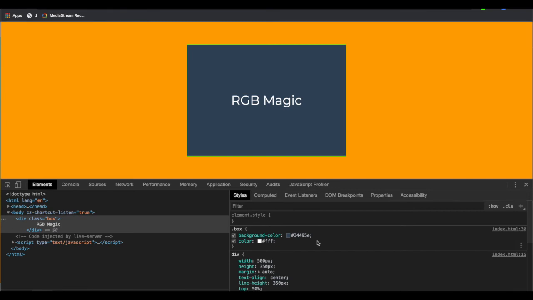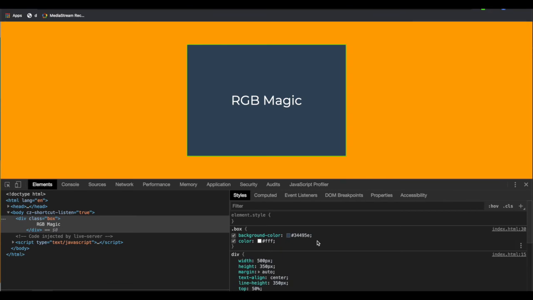Now there is one more way we can give colors, that is decimal codes. In the decimal structure, we have a range of 256 items, like we have a range of 16 items in hexadecimal, and 256 items in decimal.